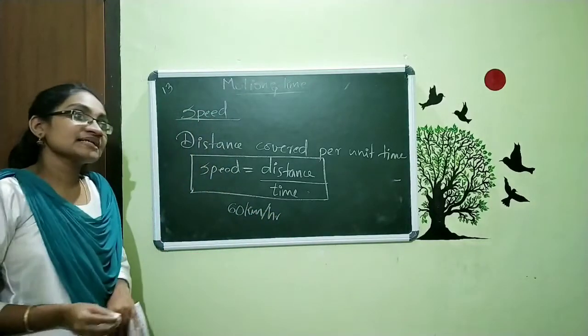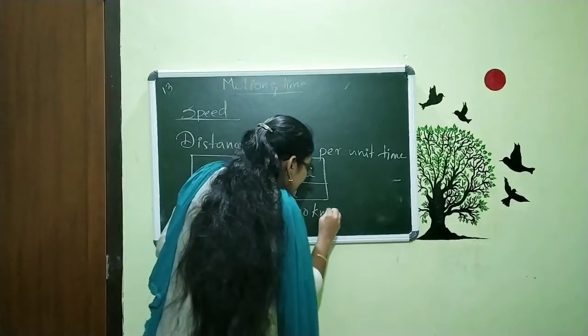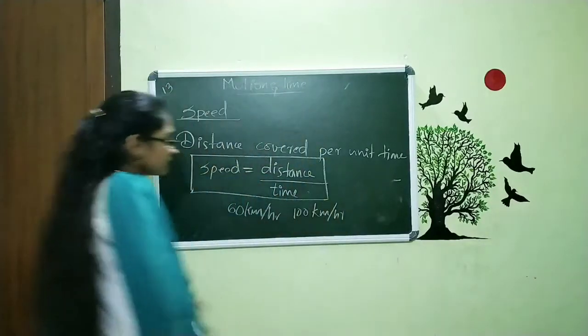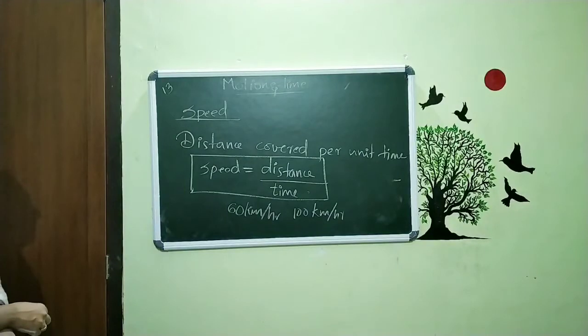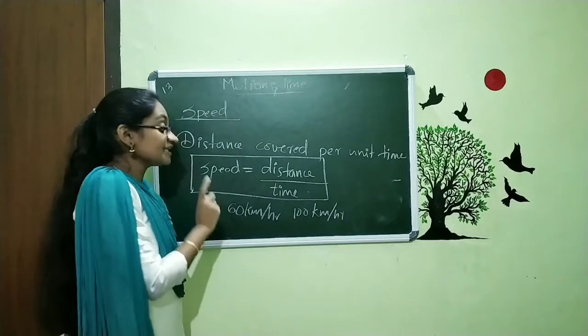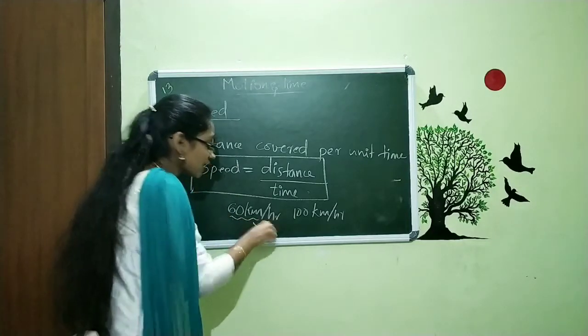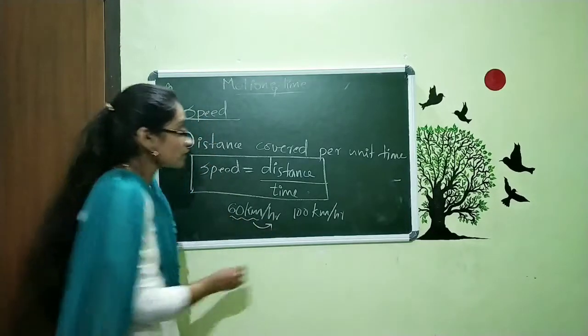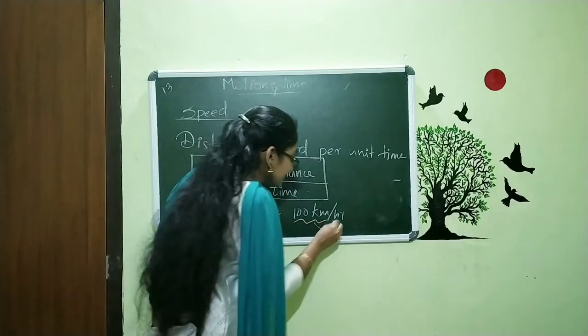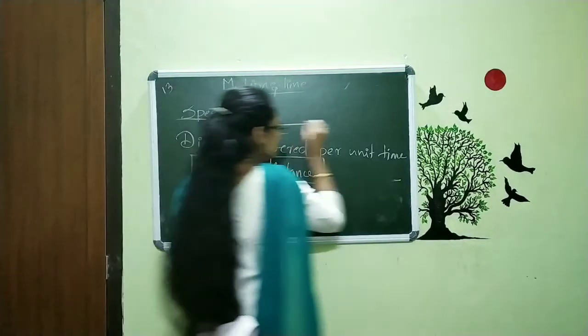Or we are saying that the vehicle is traveling at 100 km per hour. Now, what is the thing we actually mean? The meaning is that the vehicle is traveling 60 km in 1 hour. That is the meaning of this. Or 100 km in 1 hour. Now my question is very simple, that